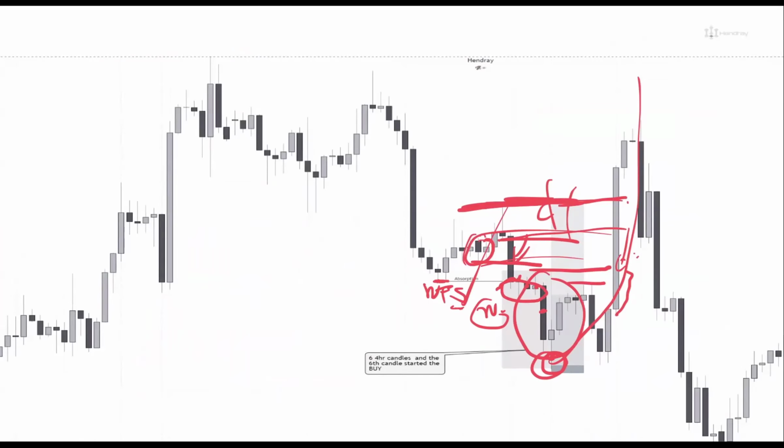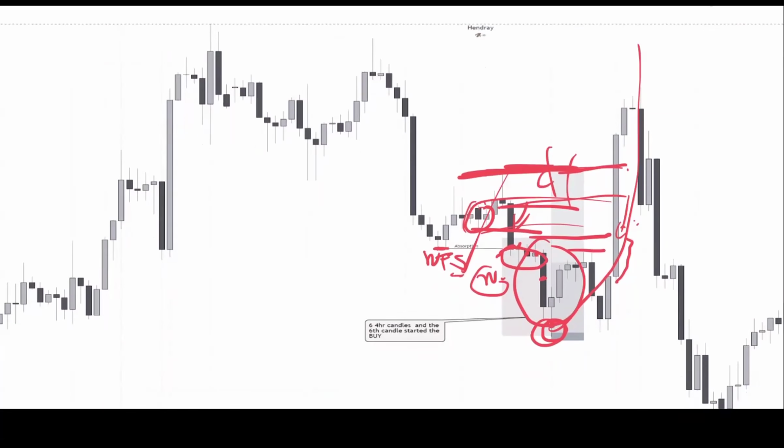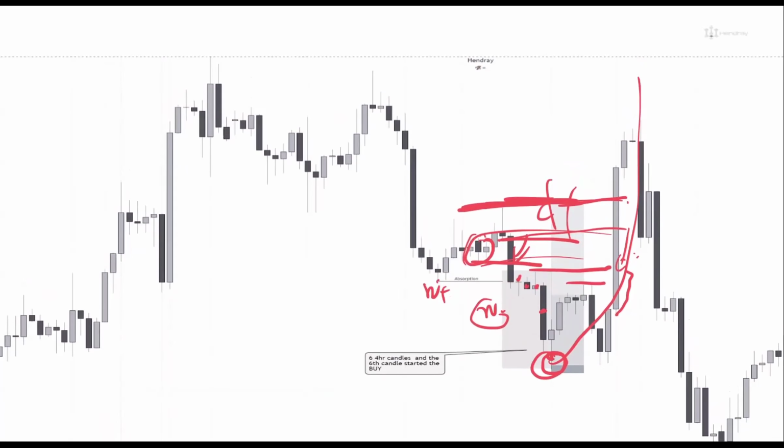I could even remember this one too. Here, when price met the internal divergence that price is seeking around this area, because price actually sold here, and this is the valid AOI next to it. What happens? Price used, I think, 6 4-hour candles to push into that AOI. Let us check it on the normal chart.